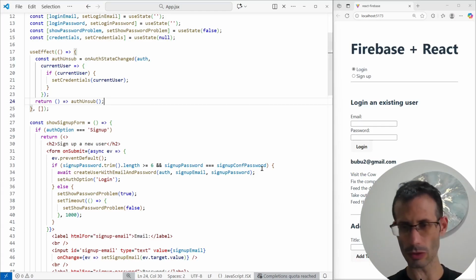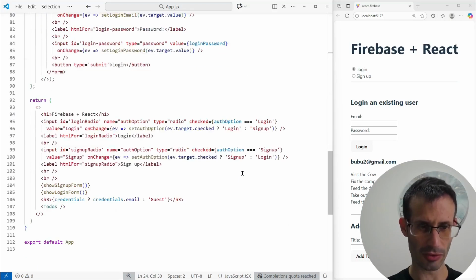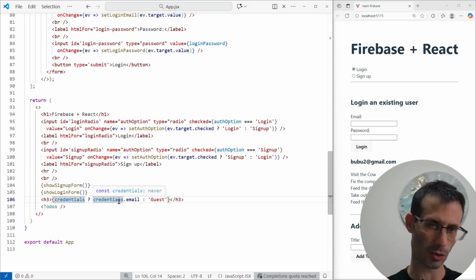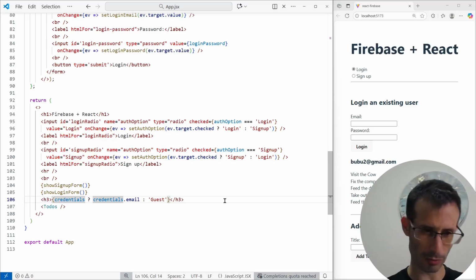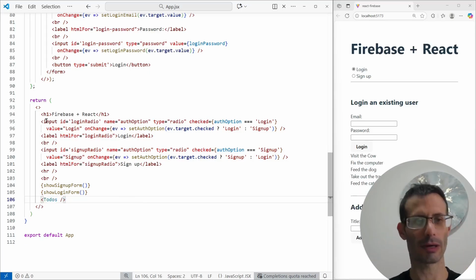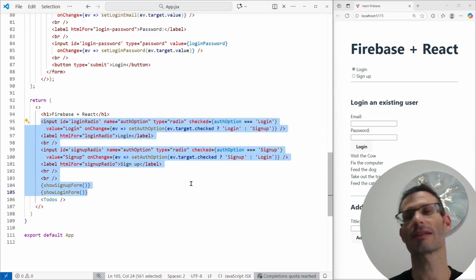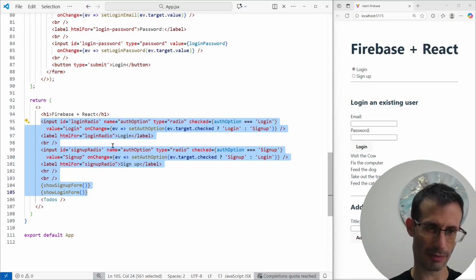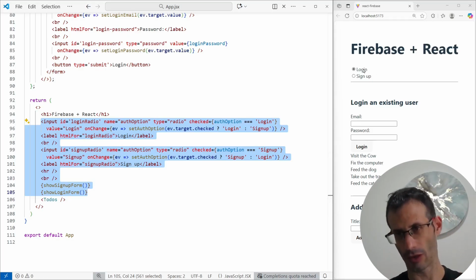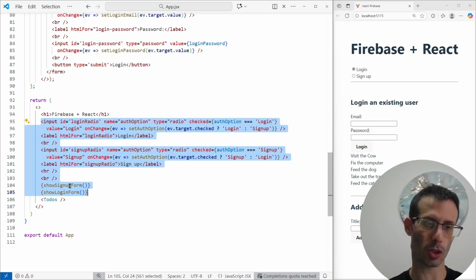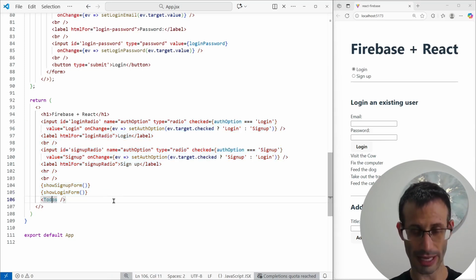So the first thing I'm going to do is to remove this heading 3, because this is something that we're going to move to the to-do component, so I'll remove it from here. And now, if we think about it, all of this code is related to authentication, because here in the beginning we have the selection of either login or sign up, and then we're actually showing the relevant form. This, on the other hand, the usage of the to-dos component, is related to the